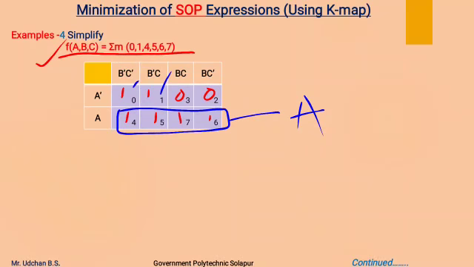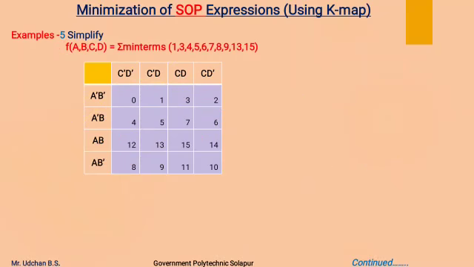Now these two ones are not encircled, so we are going to encircle them by forming a pair. Now here we can form a pair like this. So the equation for this will be, this A bar and A get cancelled with each other, this C bar and C get cancelled with each other, so we will get only B bar for the second group. So the end equation will be Y equal to A plus B bar. Now we will see the next example,